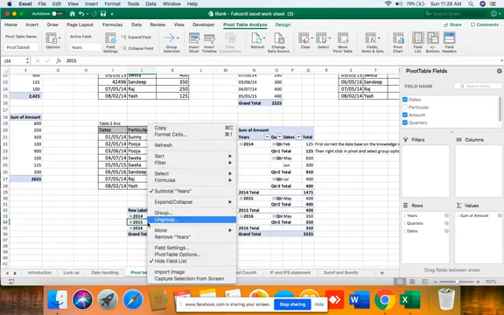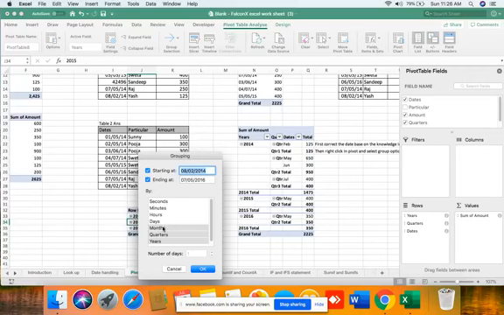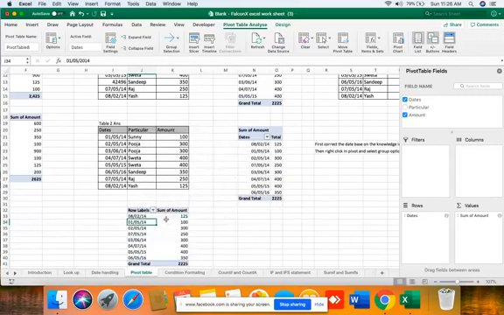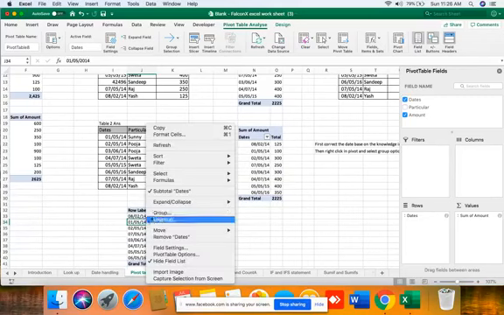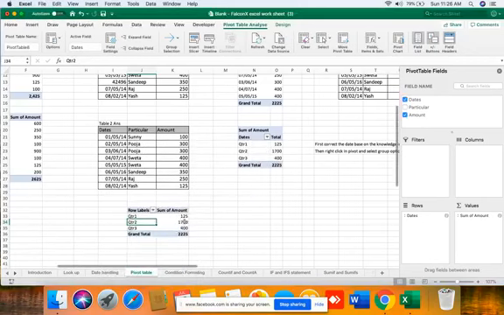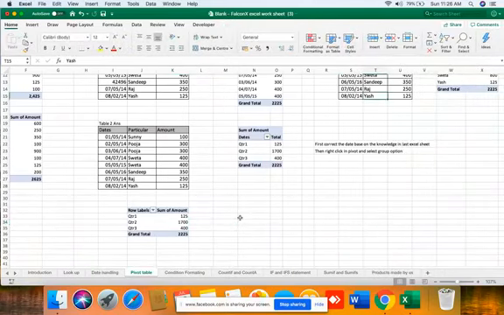Now if you right click here, you will get an option to group, ungroup. In group, you can select the way you want the date, month wise, quarter wise, year wise, as per your requirement. You can see this was month wise, and if I want to ungroup it, it will show me the raw data. If you want day wise, it can show that, or quarter wise. As per your requirements, you can easily convert the dates in group, month, minutes or seconds.